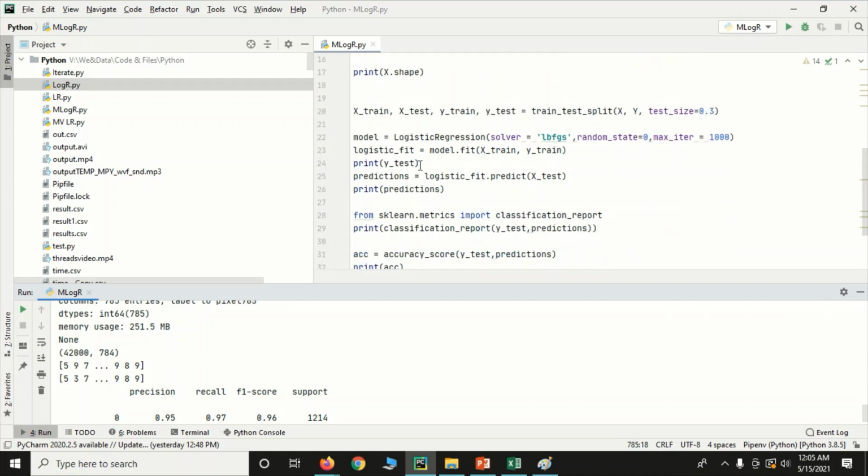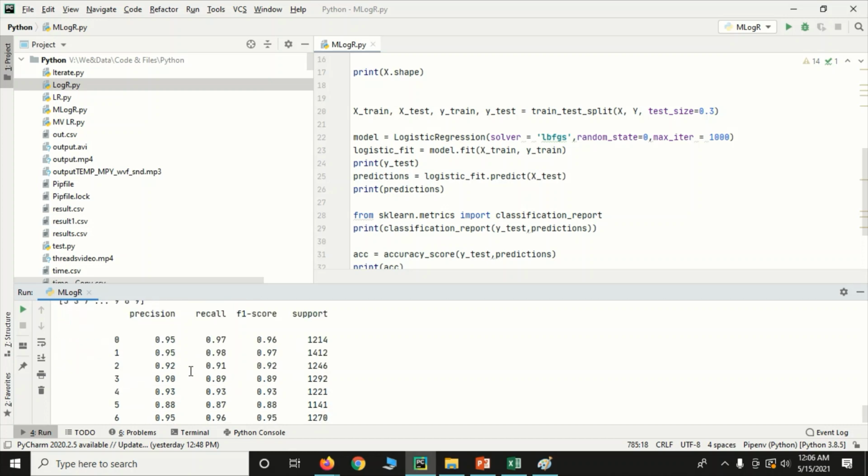Next we have printed the Y test values, which are the testing values in the data set itself. These are the predictions which I have printed as well. Then this is the classification report for the Y test and the predictions, with precision, recall, F1 score, and support.